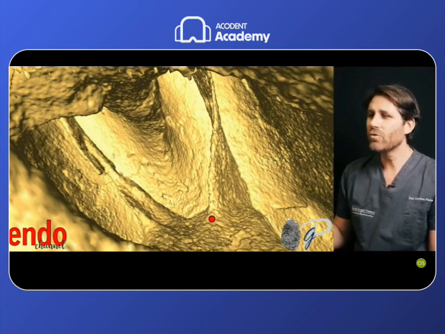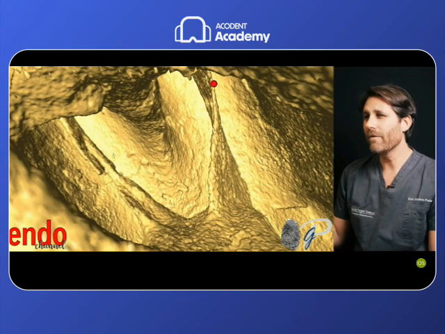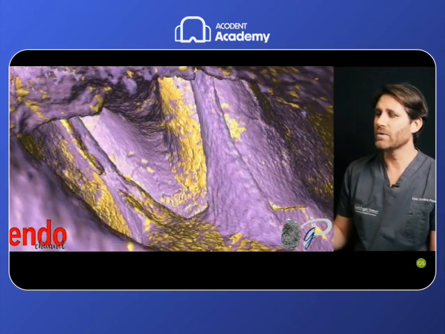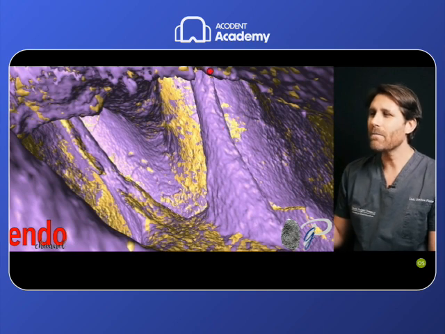The MB2 root canal is moved more towards the center of the pulp chamber floor because of the presence of the dentin here that moves the root canal there. Then the root canal, when we finish the root canal preparation, as we will see here in purple, will be moved onto the same plane of the MB1 root canal after the root canal preparation.